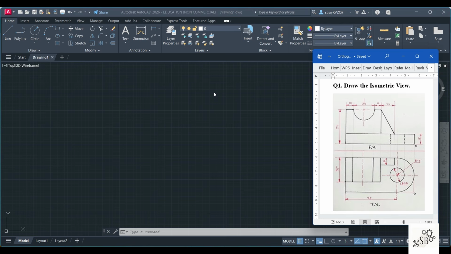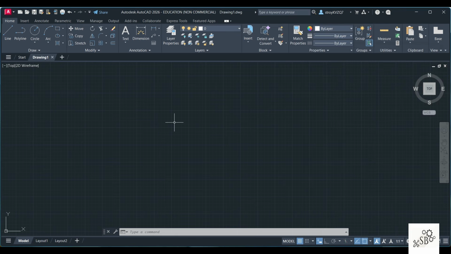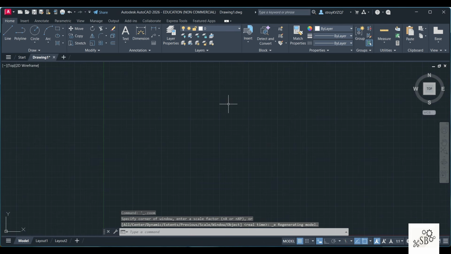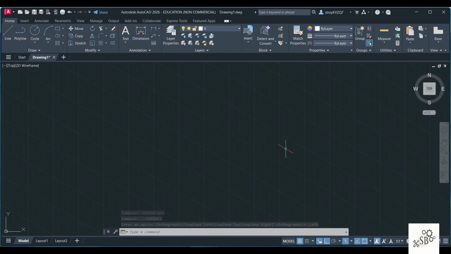You don't have to set the screen the same way as that of orthographic projection. This is a little different. You first have to go to the screen and click the middle mouse button twice. This will zoom the screen. Now you need to click on ortho mode on. Also you need to click on isometric drafting. You can see here it is off. You just have to click on it. It will become on. You can see this has become tilted. So you are seeing a 3D view now.